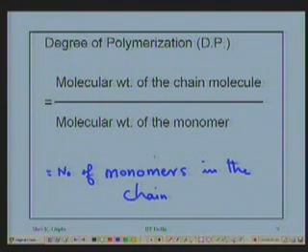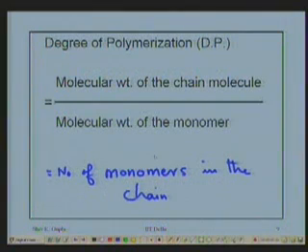This will be equal to the number of monomers in the chain, as long as there is no loss of a small molecule like NH3 or H2O when the monomer condenses to form a polymer. There are two options: ethylene forming polyethylene, or polyamide forming, in which NH3 or H2O molecules are lost. In that case, it will not be equal to the number of monomers in the chain.